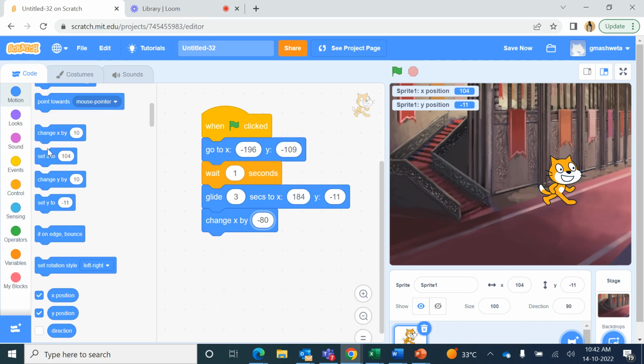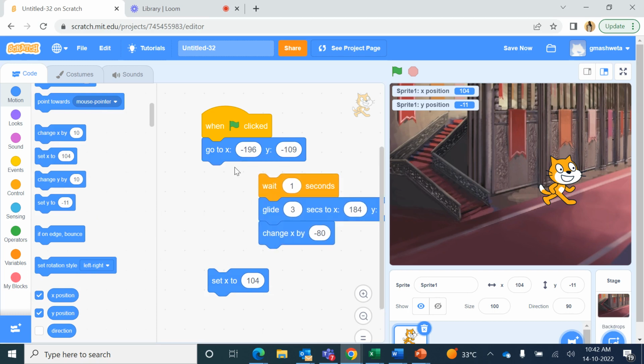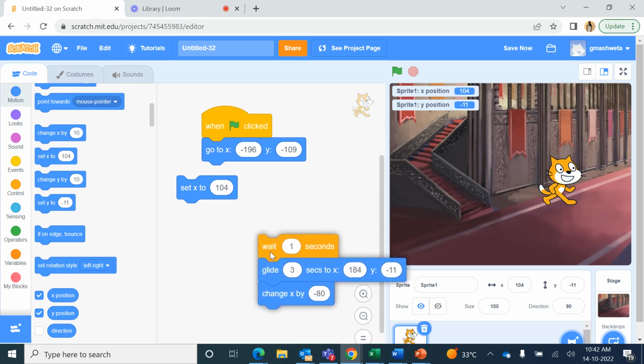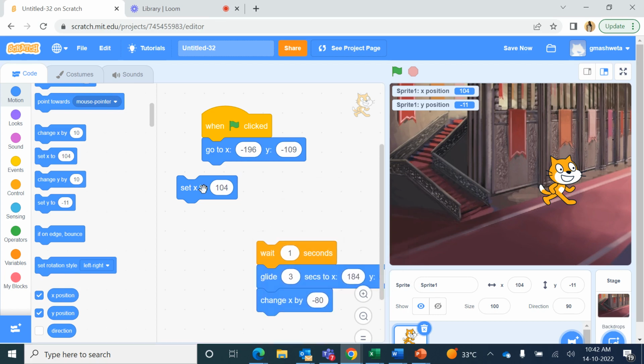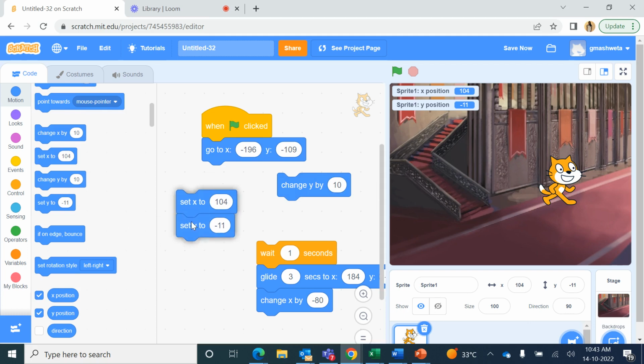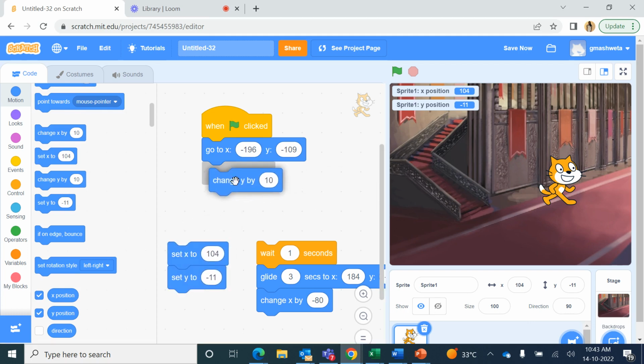Same way you can use the set x to. If you want to set, as we use the go to command, you can just set the position of the x value. Instead of both x and y, if you want to only set the position of x, you can use the set x. In the same way, you can set the value for the y coordinate and also change the y coordinate. Supposedly now here I attach this block and change y by 40,